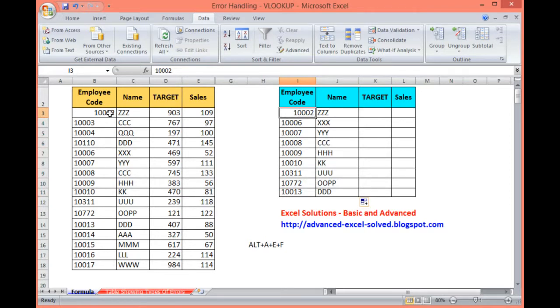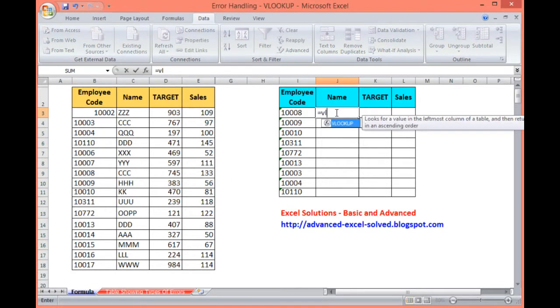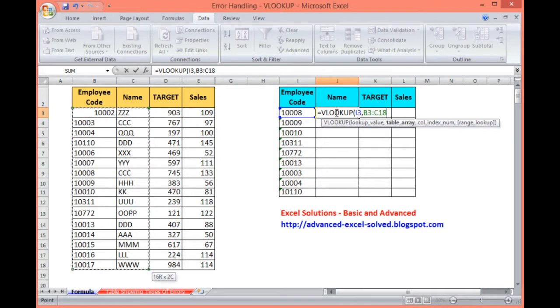Let us face another example. If the reverse happens, what will I do? Let us check. I copy it, just copy it and paste it here. I need another 3 numbers, so I copy it and paste it here. Now the case is reversed, converted with Alt AEF to number. Now if I type here VLOOKUP, lookup value, comma, select from this to this, put comma, write 2 comma 0,